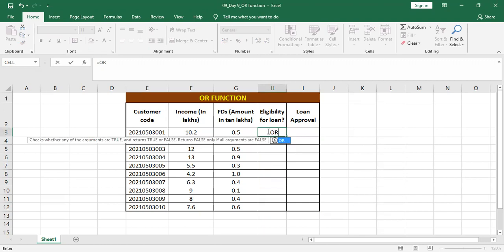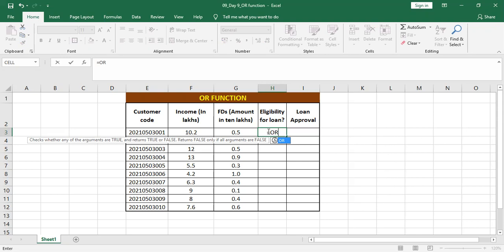In this function, you can add up to 255 logical conditions. That means if any condition among those 255 is true, then you will get the result true, and if no condition is matching, then your argument will be false. Let's see what's written here.